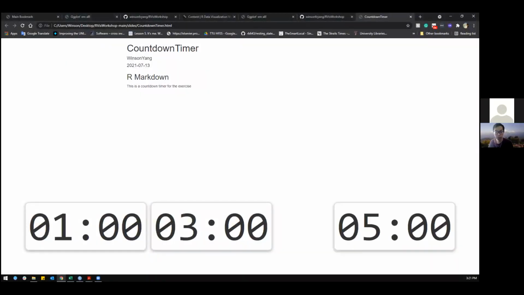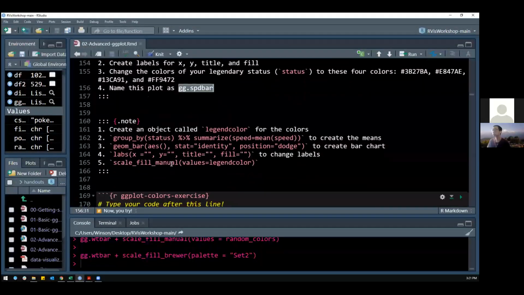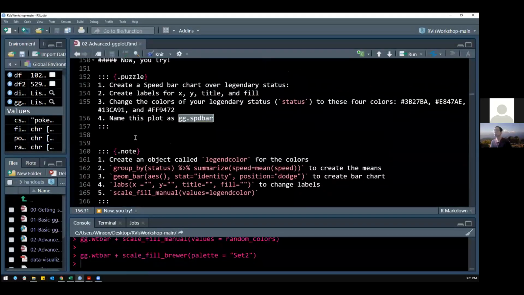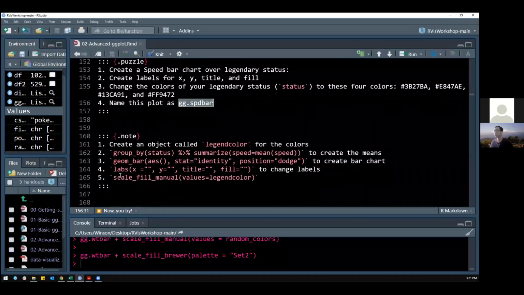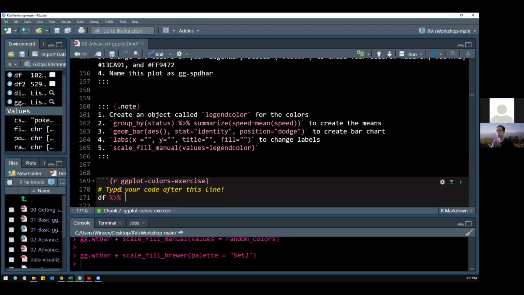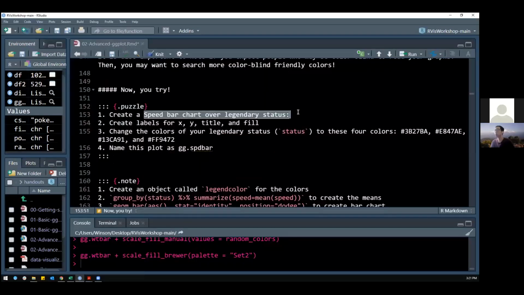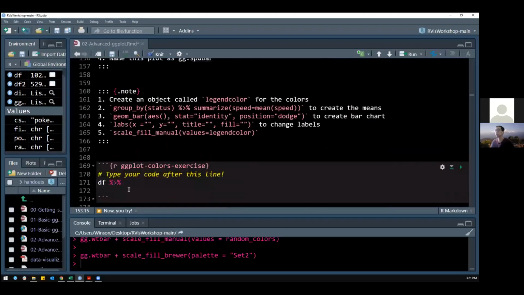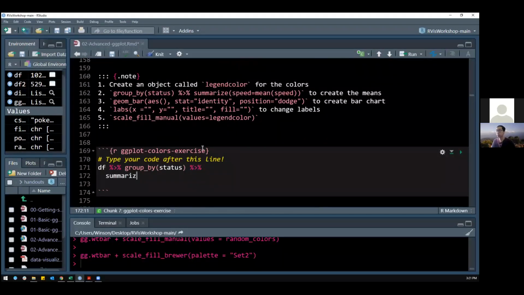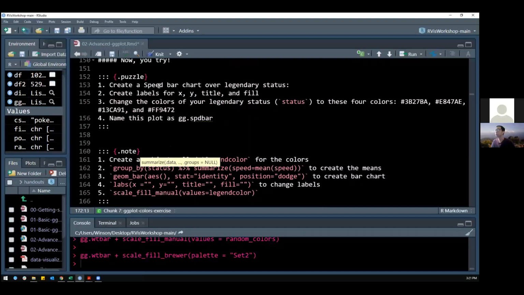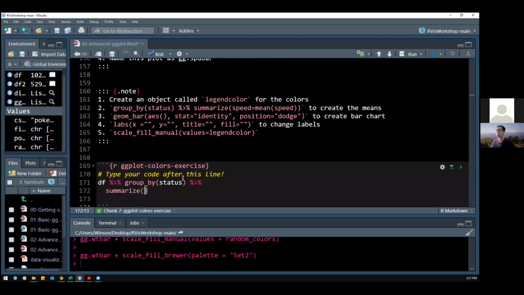All right, so let's review the exercise. So what we need to do first is to summarize the score, because it's a bar chart, so we need to summarize. So we need to group by status, and then summarize speed. Speed equals mean speed,